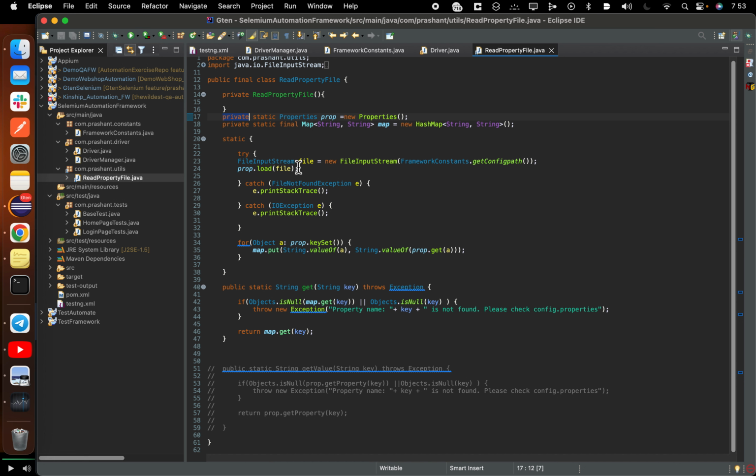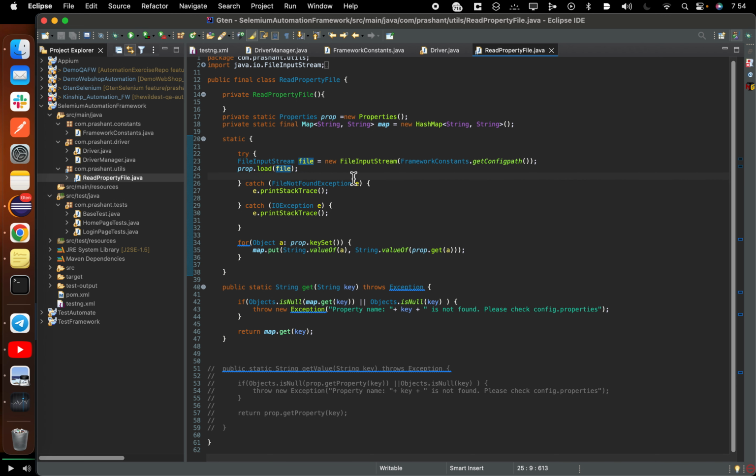Here we are trying to load the file. There are two exceptions that will come here. One is FileNotFoundException, so we are handling that using the try catch block, so that we don't have to throw the exception. The way we were doing this earlier was lazy initialization. With static we are of course doing early, eager initialization, but now let's see how this loads things. This prop dot load will return